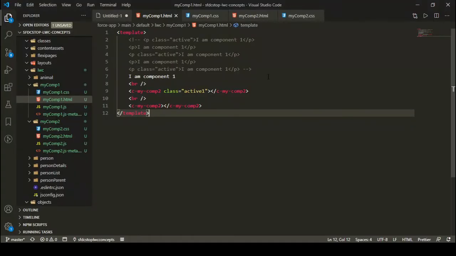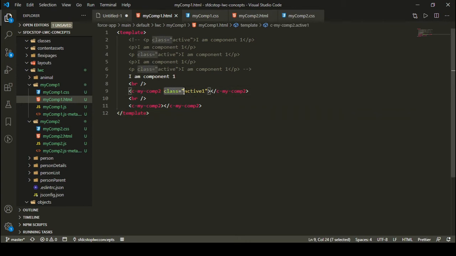Okay, so this is one case when I'm defining everything in the parent, right? But that should not be an ideal case, right? So let's say I'm developing a component, and I want that Lightning component to behave differently in different kinds of themes, right? Let's say I have a lot of HTML code in my component and I want the title color and the body color to change according to the class that I'm specifying.